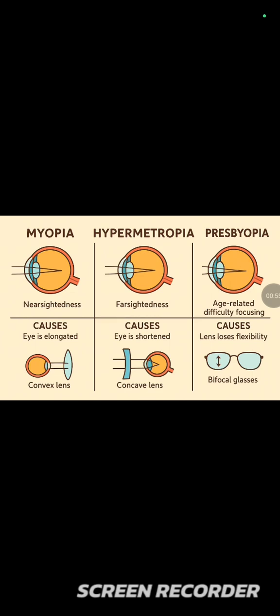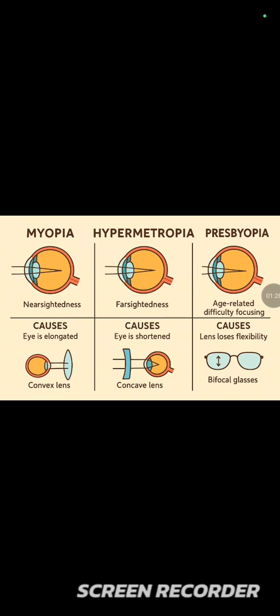So let's talk about what is myopia. Myopia is very common. Most people would have myopia, which is nearsightedness, which means you can see nearby objects very clearly, but distant objects look blurry. So why is this happening? Because the light which should exactly focus on the retina is, in this case, focusing in front of the retina, so that is what we call